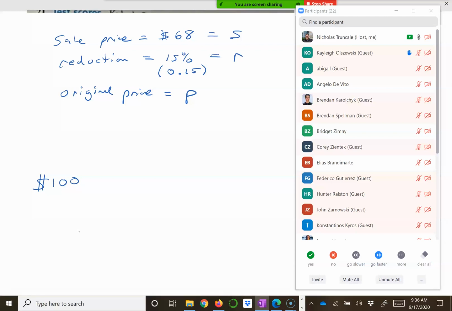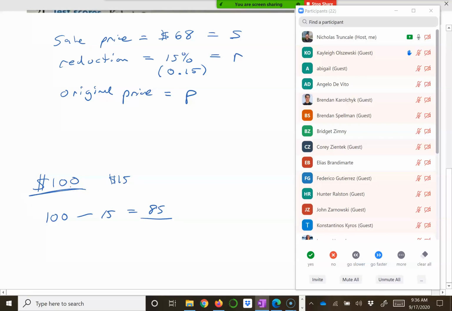Well, this one's easy, right? 15% of $100 is $15, right? So if I want to figure out the sale price, I do 100 minus 15 equals $85. So my sale price here is 85. Does that make sense to everyone? Like, that's how you would figure that out. Now, sometimes they don't give you an easy number like 100, but that's how you would figure out the sale